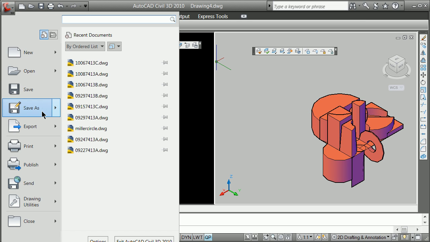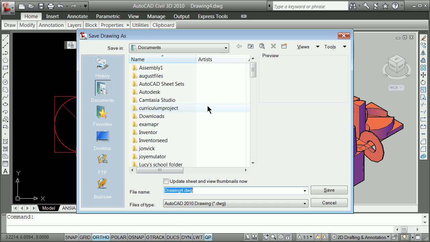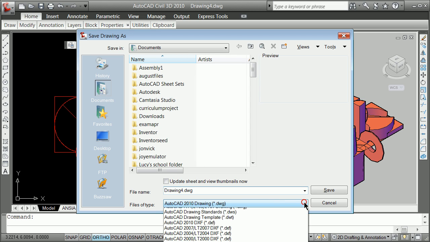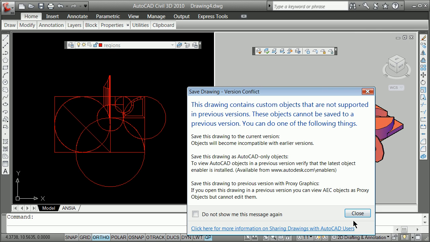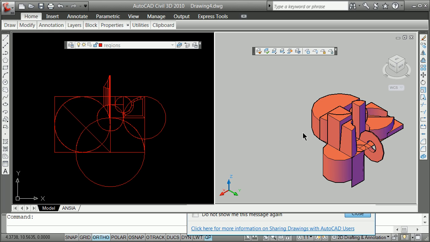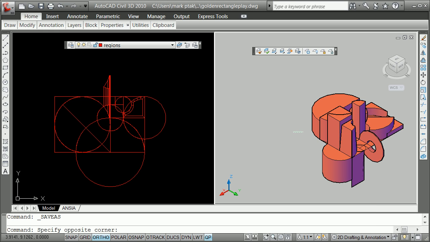So I'm going to go ahead. Remember to File, Save As, usually a little bit backwards. So we're going to save it as an 04 drawing. We're going to call this extruded work. We're going to call this golden rectangle play. All right, so we have saved a bunch of solids. That's what these things are. If we list something like this,